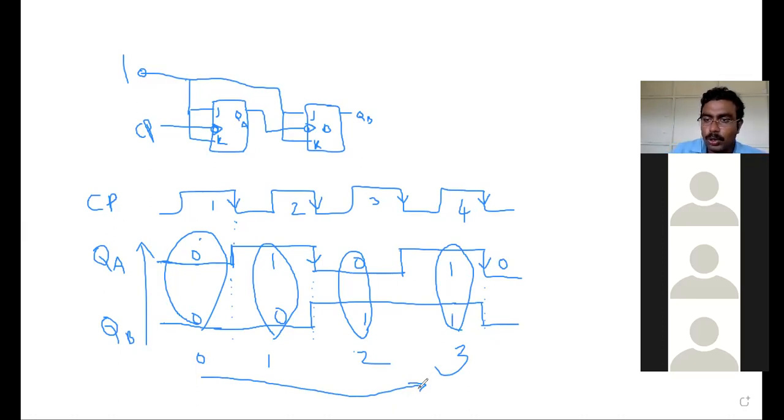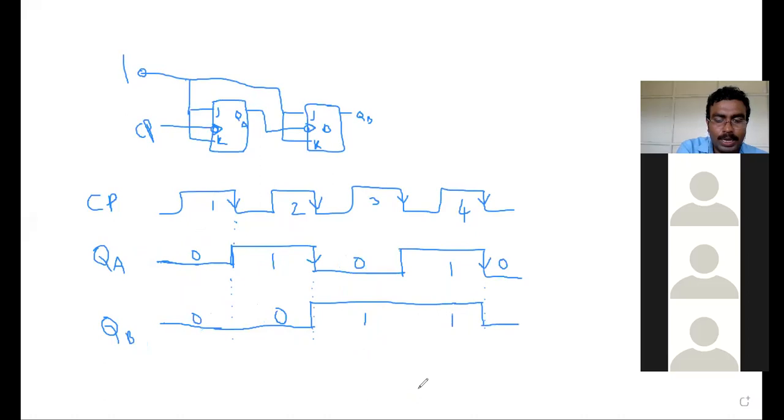Like this, we have to work for a 3-bit counter or 4-bit counter, whatever it is. We can design a 2-bit asynchronous counter like this, or a 3-bit, or a 4-bit counter, using the asynchronous counter working procedure. Tell me, students, is there any doubt in this procedure of drawing the waveforms QA and QB? If you ask me the doubt, I will explain that waveform again. Are you all clear with the drawing of QA and QB for a 2-bit counter? Yes, sir. So can we go for a 3-bit asynchronous counter now?